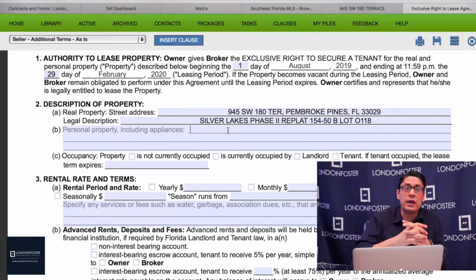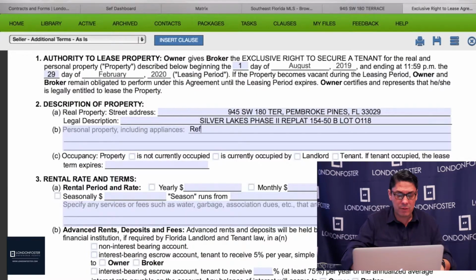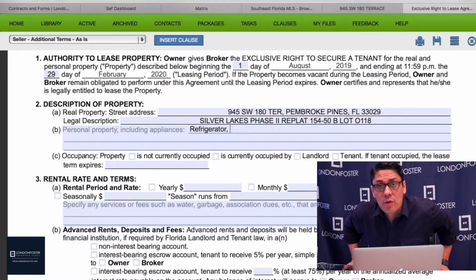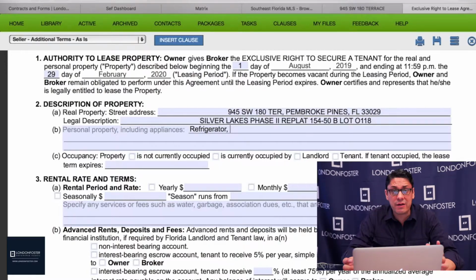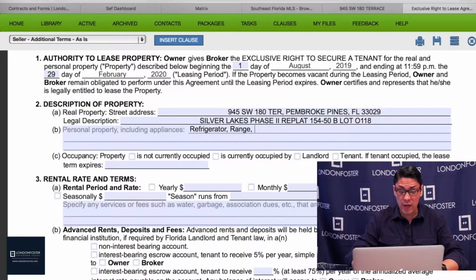So here you could write what the appliances are and please see list attached of all the furnishings and soft items. So we're going to write it out, and I'm going to write it out for you guys. I like to write everything out. I do not like to abbreviate, simply because in every country things are called different, so I like to write it out. So I'll write refrigerator, range, oven,